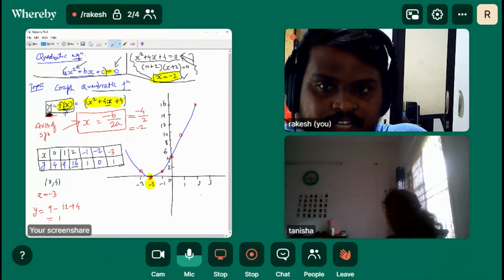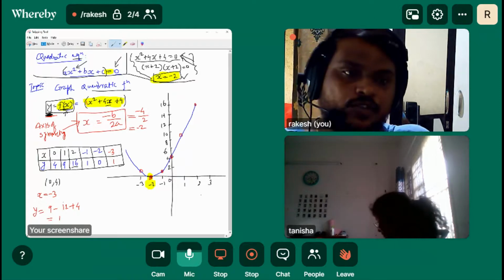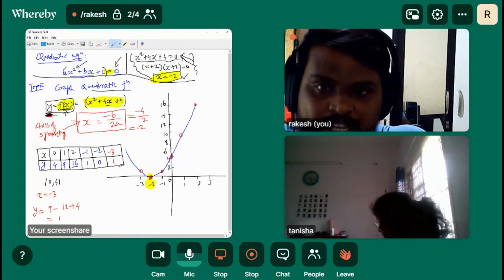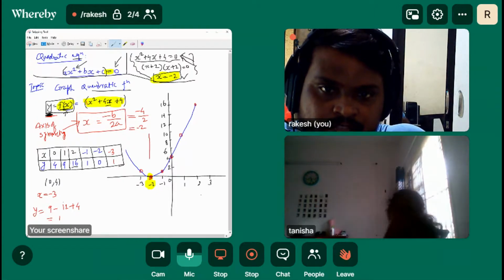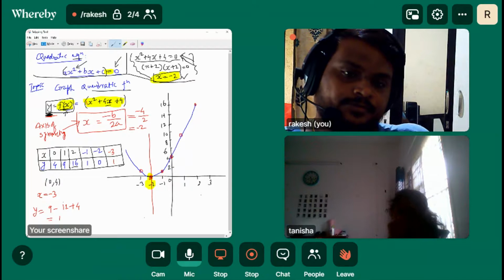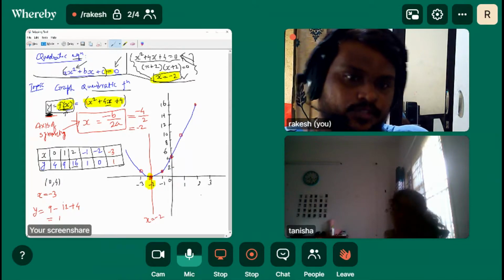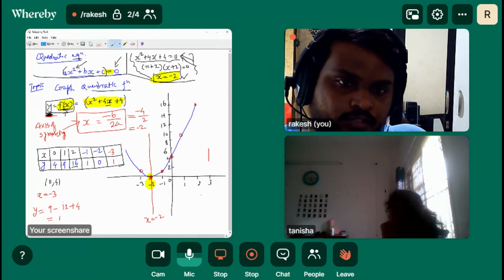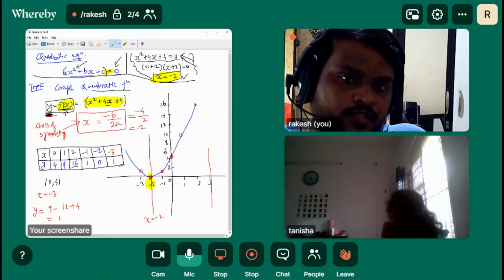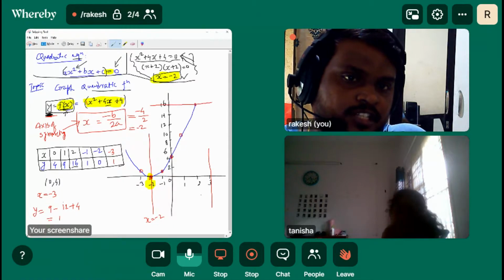So this is the axis of symmetry. I have given you the direct formula for axis of symmetry, x is equal to minus b by 2a. Axis of symmetry means if you draw that line, where should I draw it? x is equal to minus 2 is basically this vertical line. If I tell you x is equal to 3, this is your x is equal to 3 line. What is y is equal to 16? This is that line.